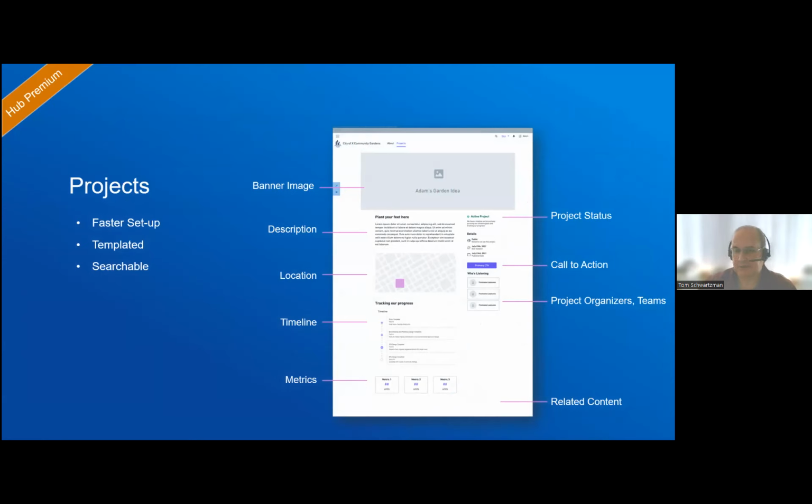If you have an initiative around making your city better, civic pride, whatever, you may have some projects within that, like tree planting or park cleaning or whatever. This idea of projects is basically a quick way to set up a page around a specific sub-initiative, if you will, project within an initiative.